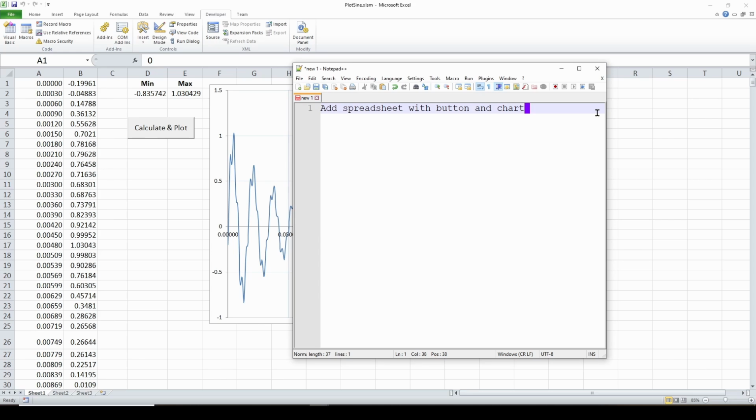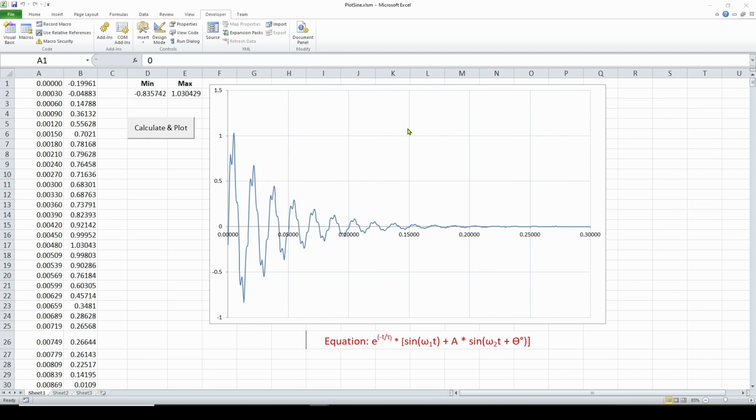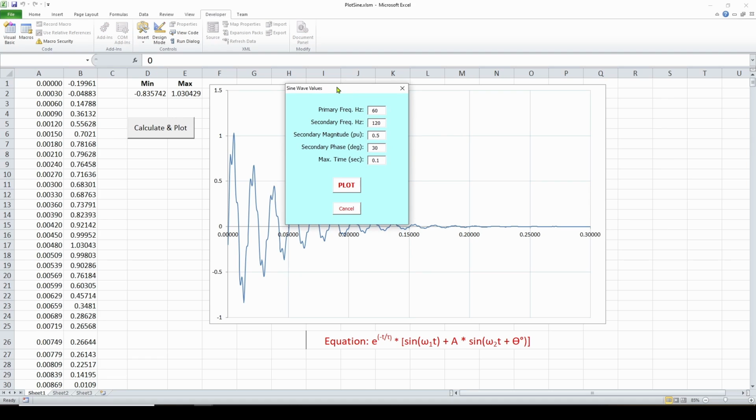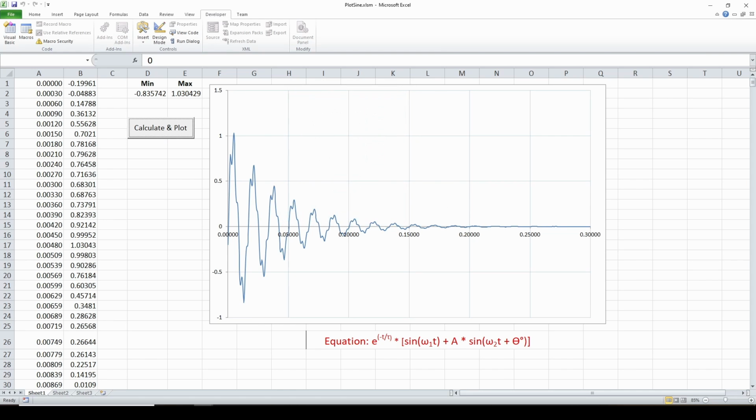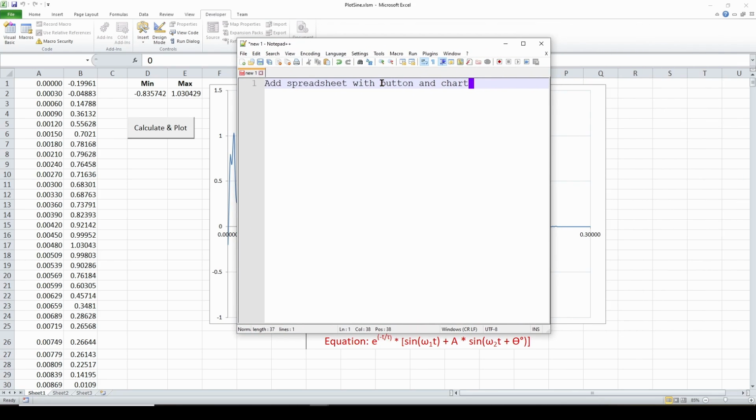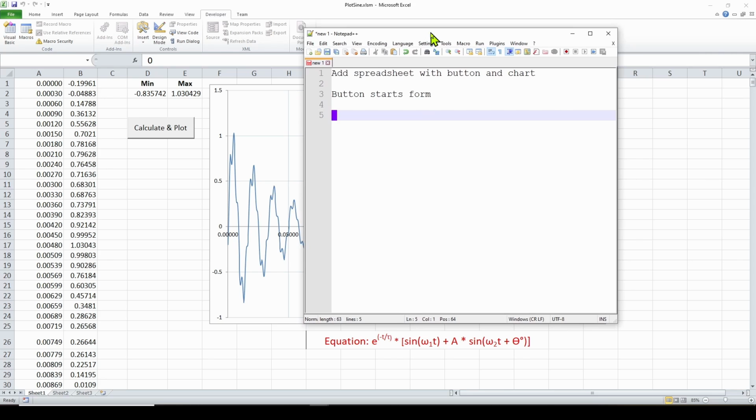Now, the button, as we saw, when you click this button, it starts up this form, okay? So somehow we're going to have to tie some sort of event with this button to starting up this form, all right? So we'll add that somehow: button starts form, okay? So once the form is running,